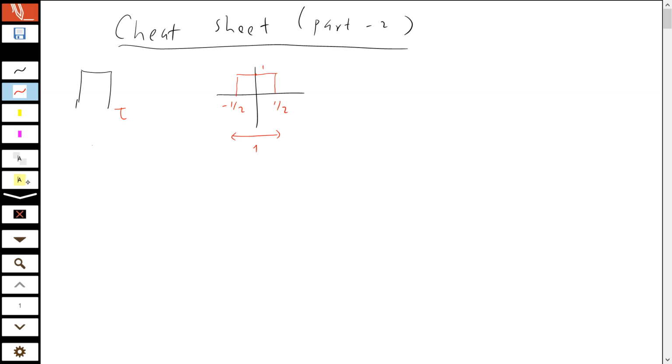So let's say if we want the area to be tau rather than 1, then we would definitely like this width to be tau because we don't want to change the height. We would like these two endpoints to be at tau by 2 and at minus tau by 2, right? And now you have a width of tau and the area also is tau. But the problem is this,